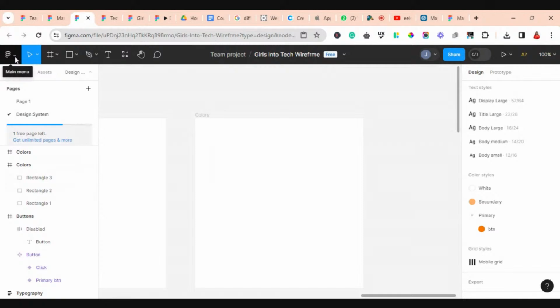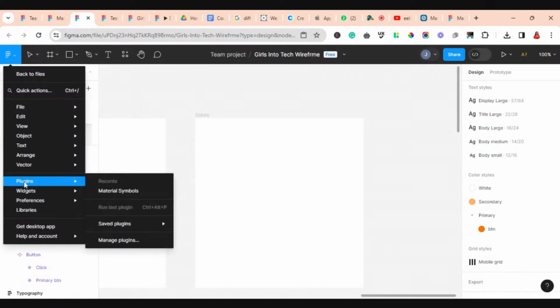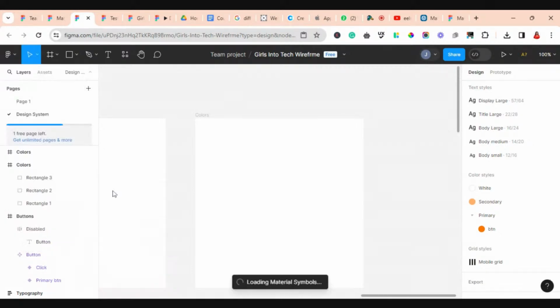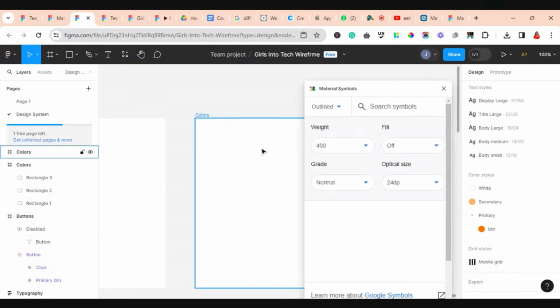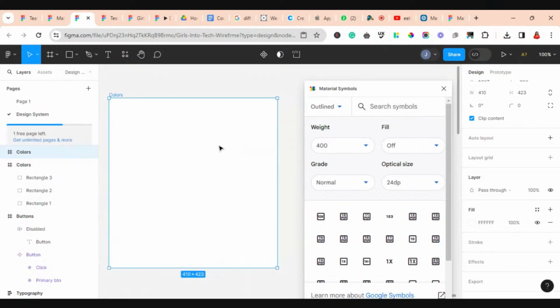I'm designing an e-commerce application. So what I'm going to do is get, let me get my plugins, because I want to get the icons. I'm going to be using the Material Symbols plugin. It's also from Google. So this is my plugin. Now,